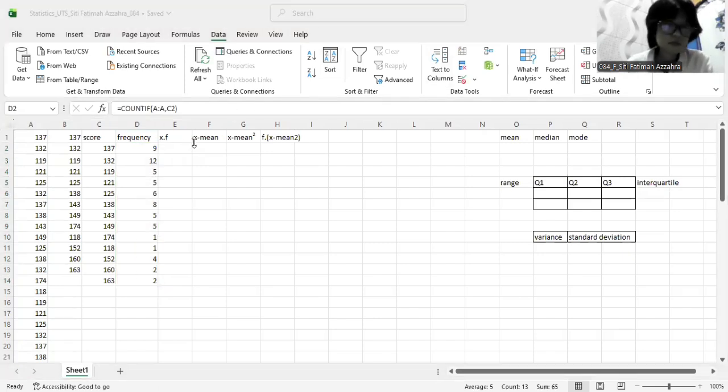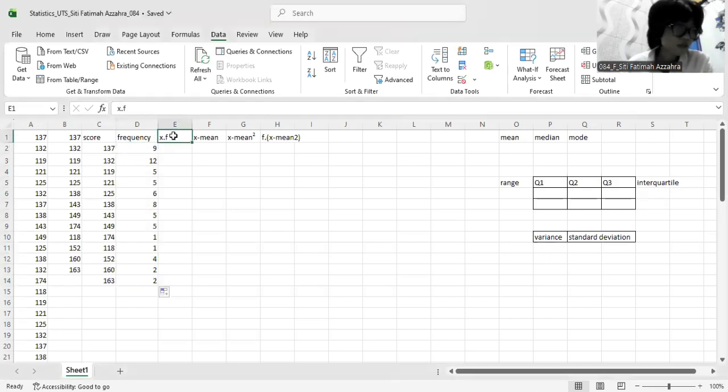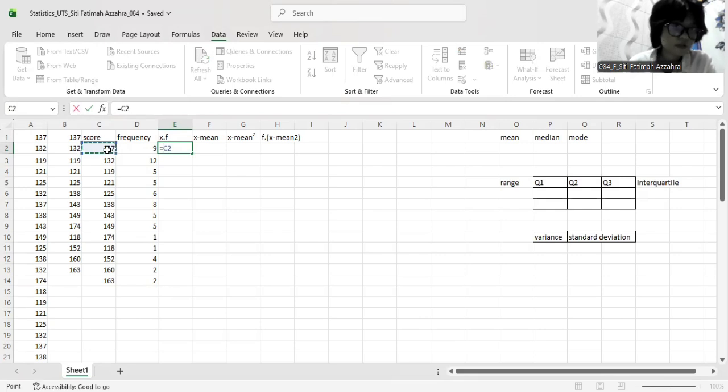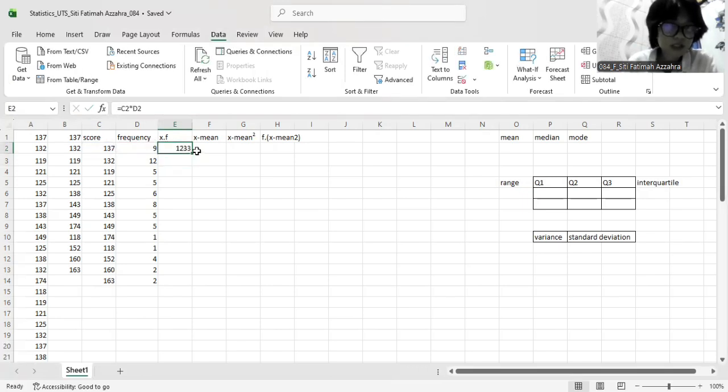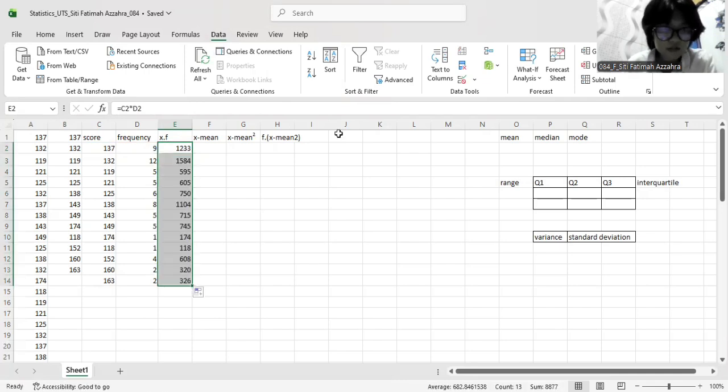Okay, now to search this one, this is XF. So how do you search this? Okay, so first of all, you're going to do right here. Find the asterisk with shift, multiplied by this, the asterisk times this frequency equals, and drag it again like before, the frequency with the small arrow. And then you're done.